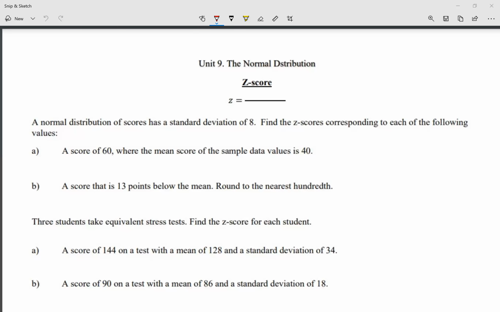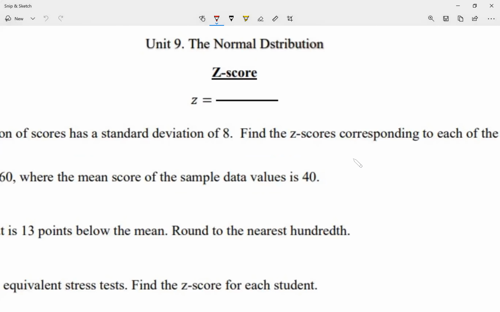Okay, so for unit 9, for the normal distribution, we're going to start talking about the z-score value. Now, the z-score is going to be a fraction. To begin with, we're going to start with a fraction, and that's going to give us a number. To solve for my z-score, I'm going to do x, the value that we're checking,